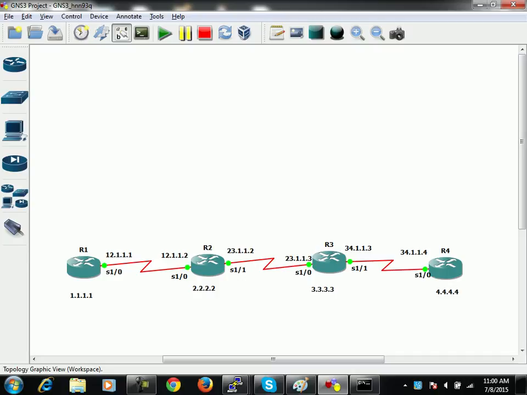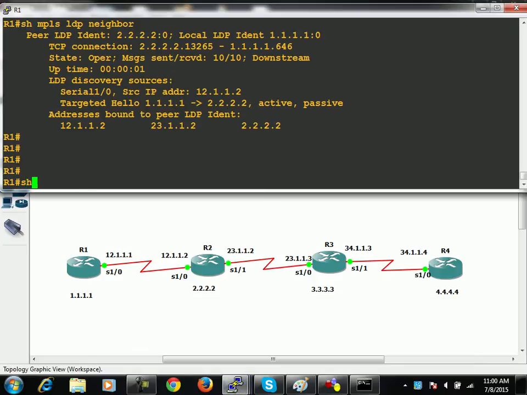I hope that you people have understood it, right? So in this way you can configure a static neighbor in LDP. In this way you can configure authentication in LDP. Apart from it, right now you can see that R1 is receiving